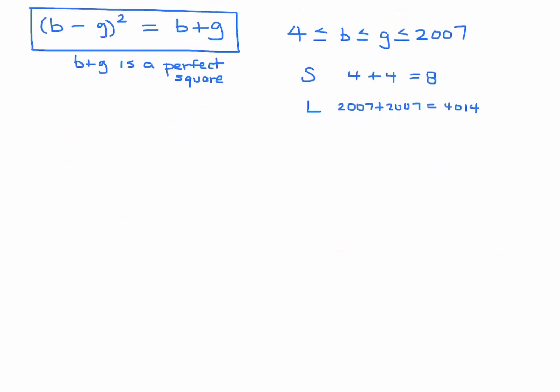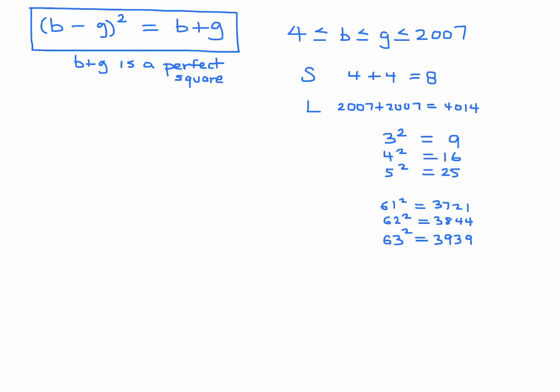All right, so this number is right below 9. So it looks like 9 is possibly my first perfect square, and that's 3 squared, of course. This number is a little greater than 63 squared, which is 3969. If I go up to 64 squared, it becomes greater than 4014. So this is the range. It's got to be somewhere in that range. So 4 squared, which is 16, 5 squared, which is 25, of course, and similarly 62 squared, which is 3844, 61 squared, which is 3721, ...